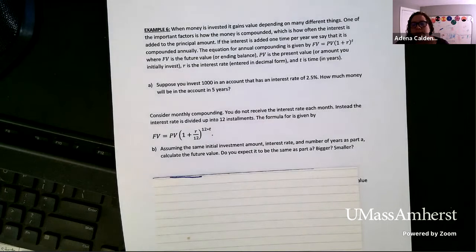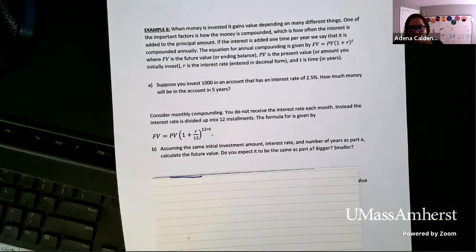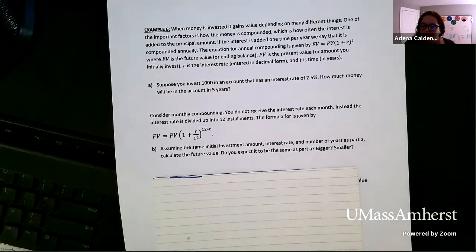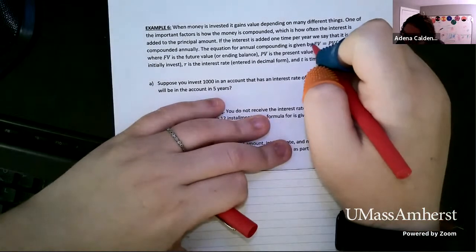So if interest is added 1 time per year, so once a year your bank looks at your balance and says, okay, apply your interest rate and they drop that money in. That's called annual compounding. So annual means once a year, okay? The equation for annual compounding looks like this,